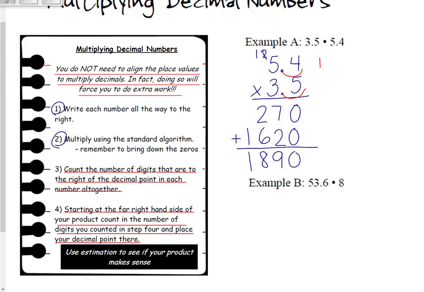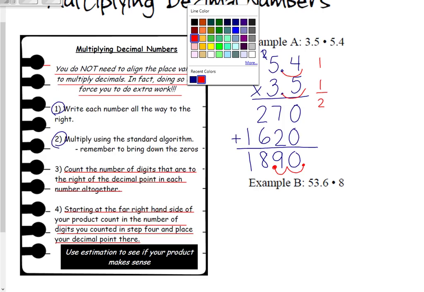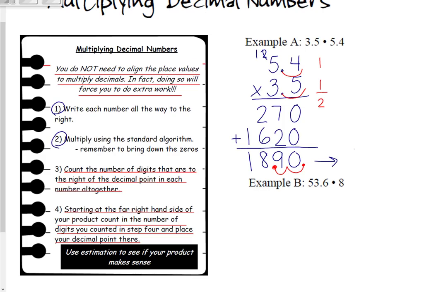So we have 1 place plus 1 place is a total of 2. In any whole number, the decimal point is found here at the end. I have to move a total of 2 places, and that is where my final decimal point is going to go, meaning that my final answer is 18 and 90 hundredths, or you could just leave it 18 and 9 tenths. You don't need that 0 at the end. Okay,